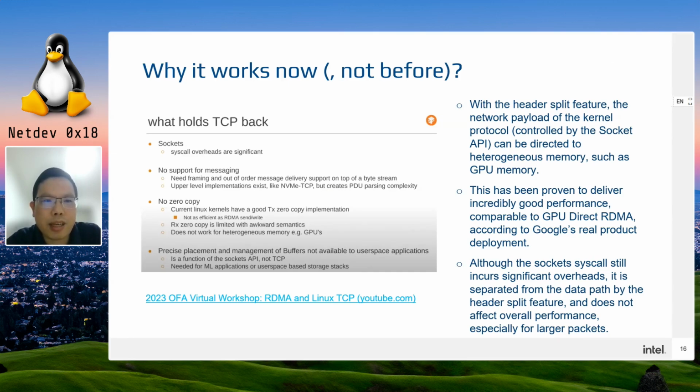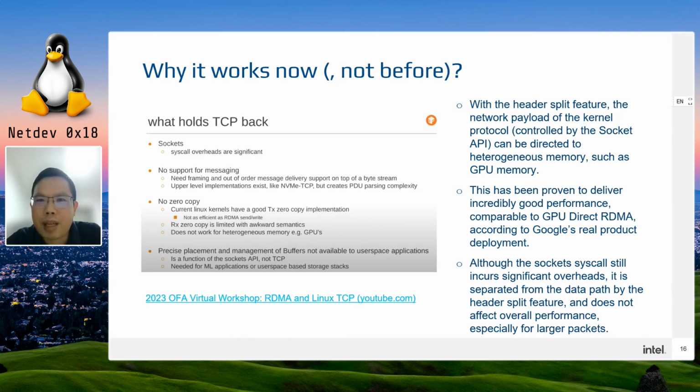There were several drawbacks, and they argued it was not enough for a high-performance network. The biggest change was the innovative usage of header split. So finally, we can reach GPU memory